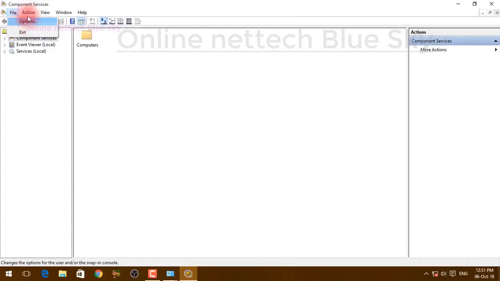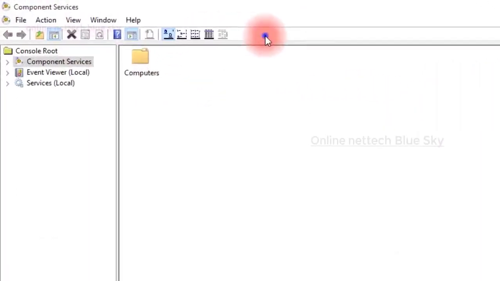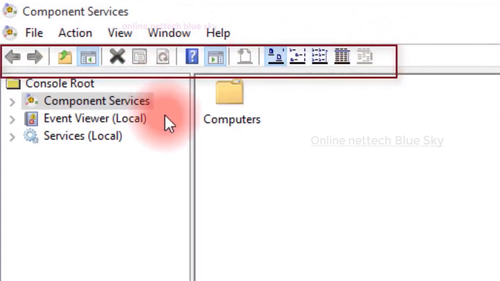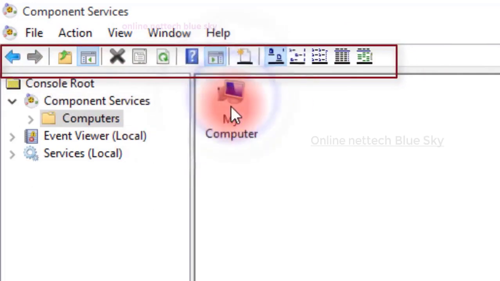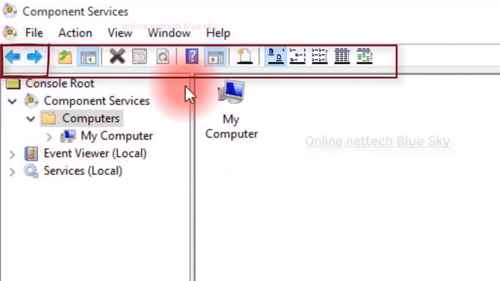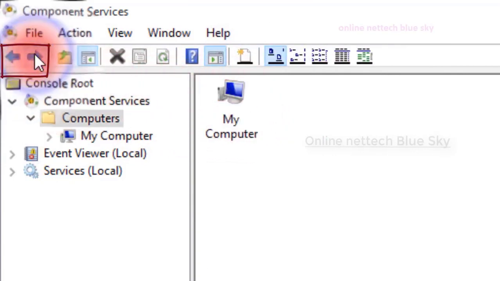Every computer works not directly. It first needs services, drivers, and source files. Source files mean main files, computer files. So you can see the left and forward arrows. Why is this one gray? I'll click inside, and you can see the left arrow turn blue. I'm going back, and when I want to go forward again, you can set that here.